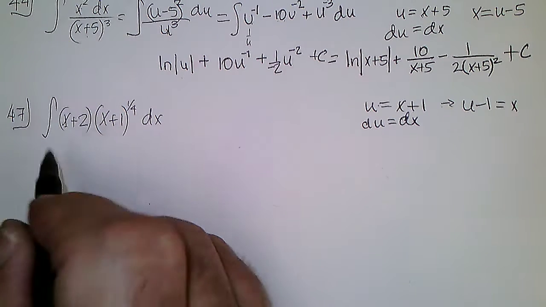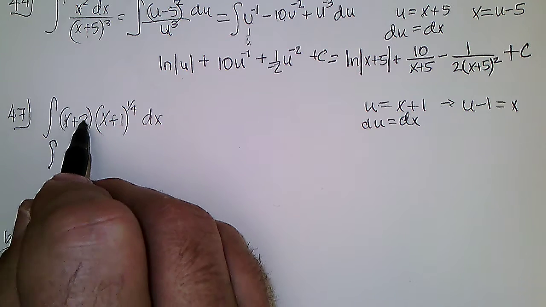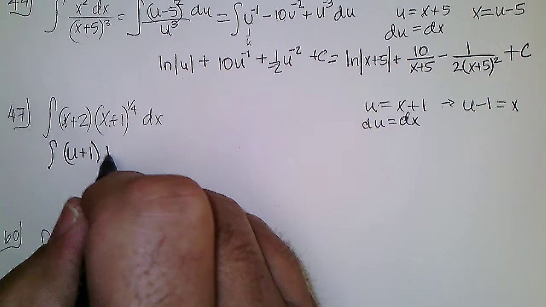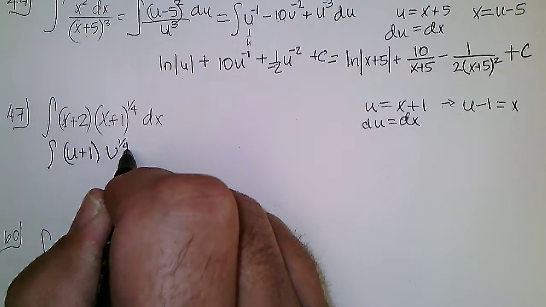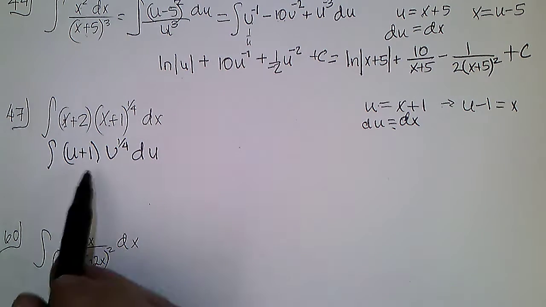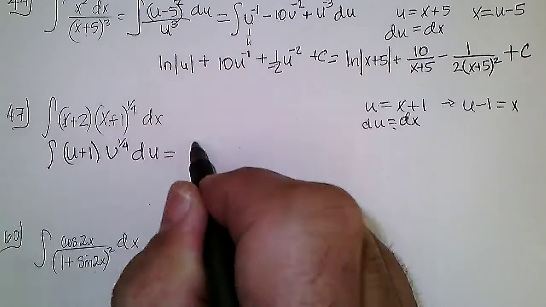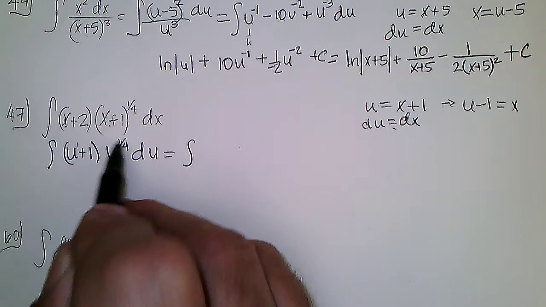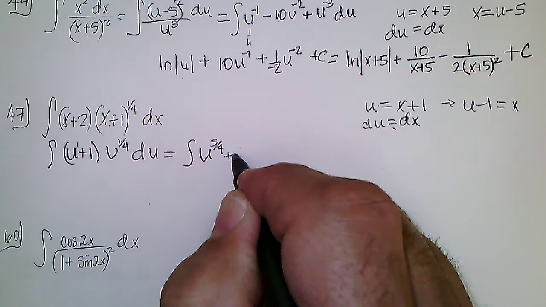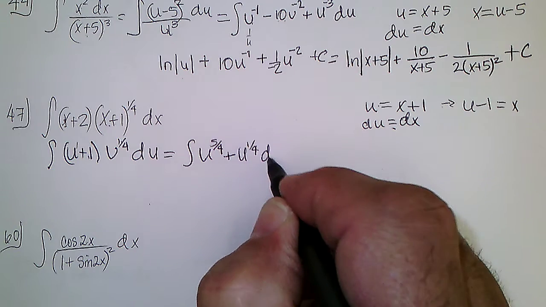So I'm going to have the integral of x, which is u minus 1 plus 2, so that's u plus 1 times u to the 1/4. du is dx, so I don't have anything extra coming in here. So now I can distribute this, and this is going to be the integral of u to the 1 plus 1/4 is u to the 5/4 plus u, 1 times u to the 1/4 is u to the 1/4 du,